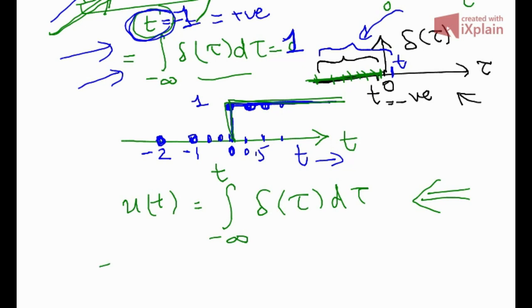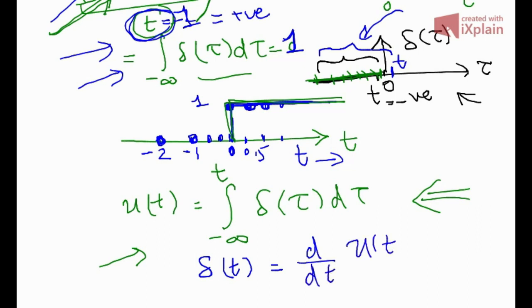Now you should be clear about representing the unit impulse. You can also represent the unit impulse in terms of the unit step function. From our mathematics, we can say that delta of t is basically the derivative